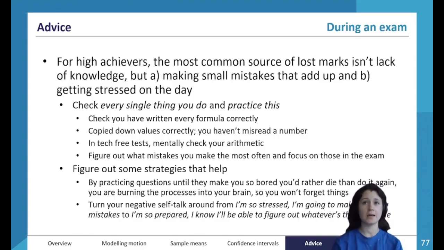During your exam, one of the biggest things is students being really high achievers and knowing a lot about the content and practicing a lot, but they just make small mistakes that add up or just get stressed, right? So my tip for making small mistakes, because I've been there and I've done that, is to just be ridiculously thorough. Whenever you're going through a question,